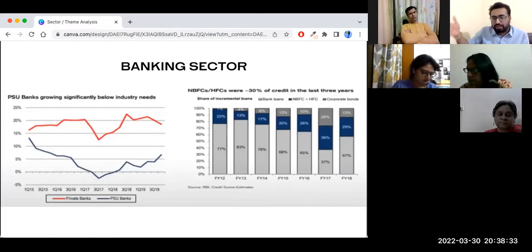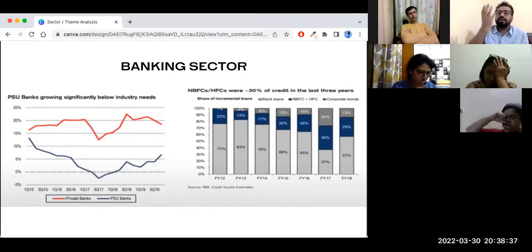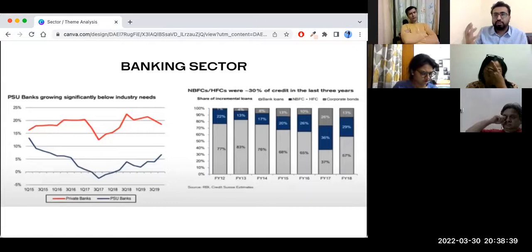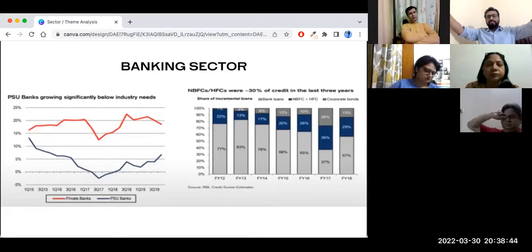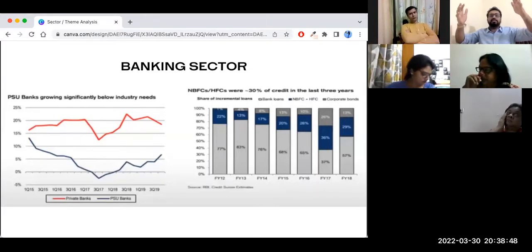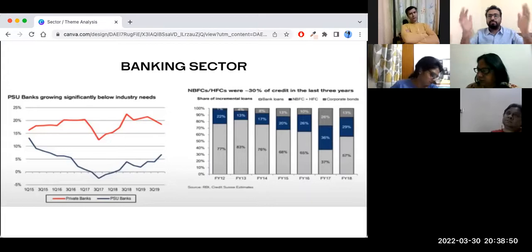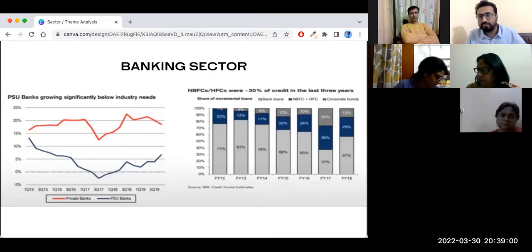Which fish pond concept does NBFC growth fall in? So we are first understanding which pond is interesting. We first focus on the mega pond, which was the banking sector. Then we go to the sub pond, which was private banking. Then we go to the sub pond, which was NBFCs and HFCs. Now, because this sub pond is growing at 20 to 22%, is 20 to 22% interesting enough for us? Is that interesting?